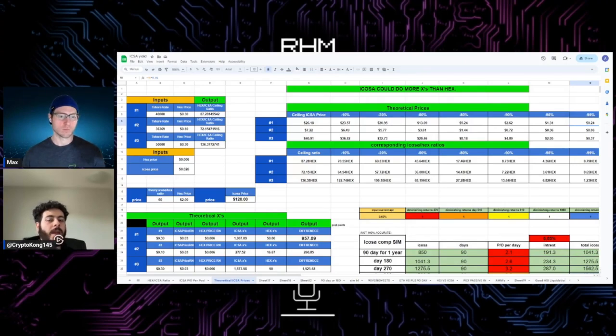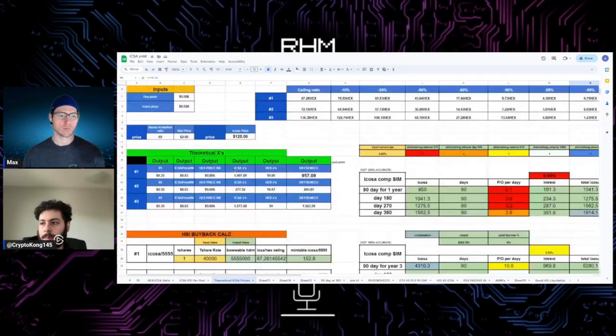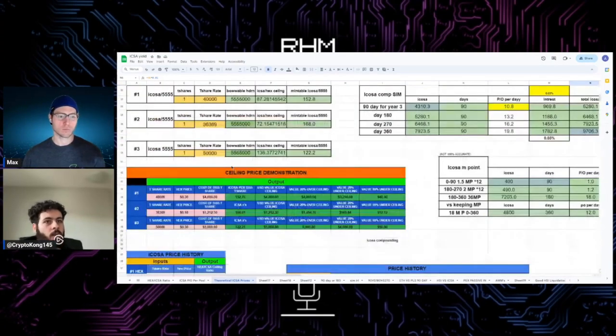But I mean, we're speculating here, and the thing about ICOSA right now as well is, since we're so low below the ceiling price and HEX is so cheap, you can mint so much ICOSA right now. And since it's derived from the T-share value, when the T-share is more expensive, ICOSA is going to intrinsically become more expensive. And when the T-share is cheap, ICOSA is going to become, by definition, more inflationary, less scarce,